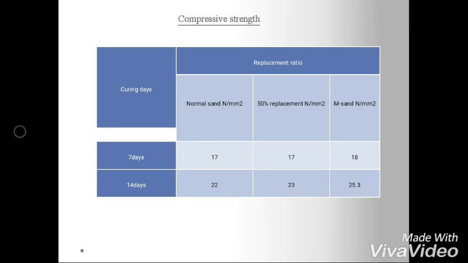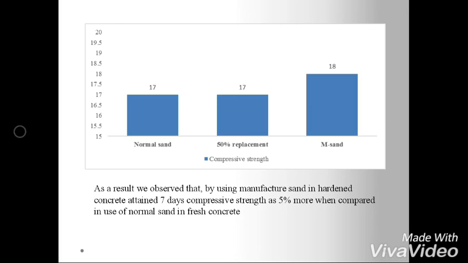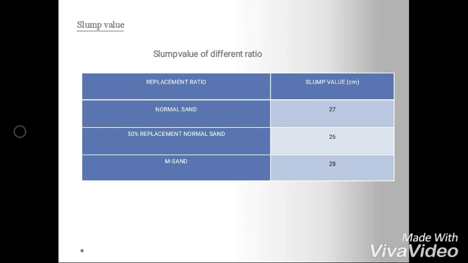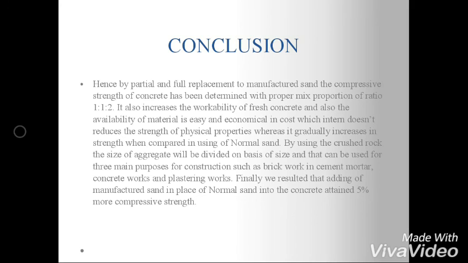So the compressive strength for 7 days is 17, and for 14 days is 22. For 50% replacement it is 17, and at 14 days 23. For M sand it is 18 and 25.3. So this is the comparison on the graph. The slump value is 27, for 50% it is 26, and for